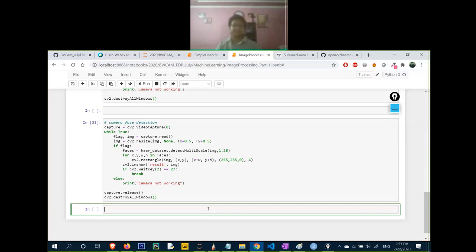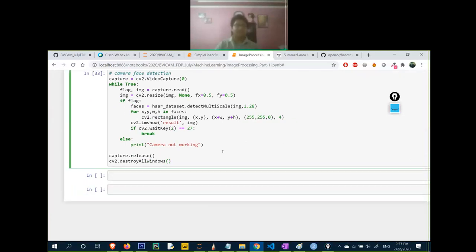So the next thing I'll tell you here is how to detect and how to store the faces, how to store the data of faces, so that you will be able to apply machine learning, any classification algorithm, anything. But the first thing you need is data. Let's say you want to implement face recognition. I need data of my faces first. Or you want to recognize the face of Aamir Khan or Shah Rukh Khan, then you need the data of their faces. How are you going to collect the data of faces?